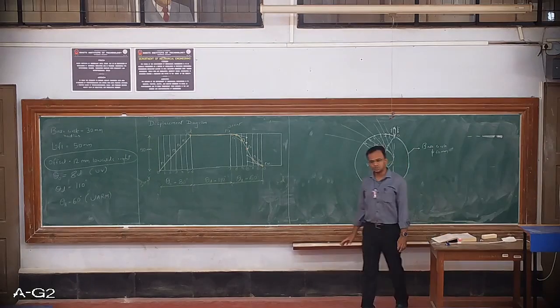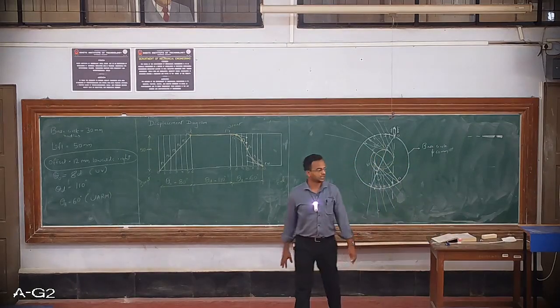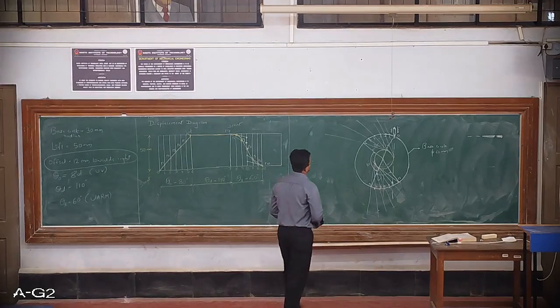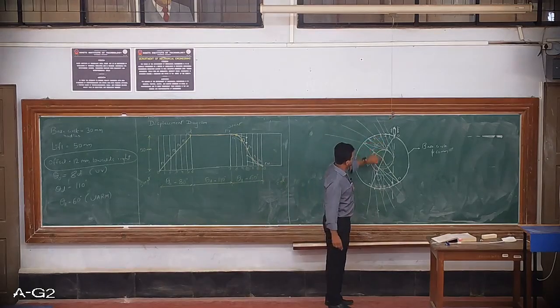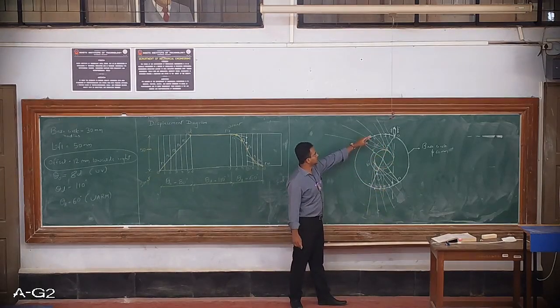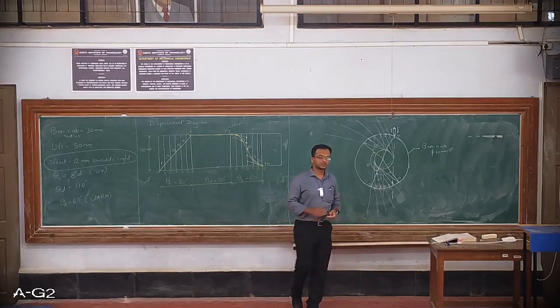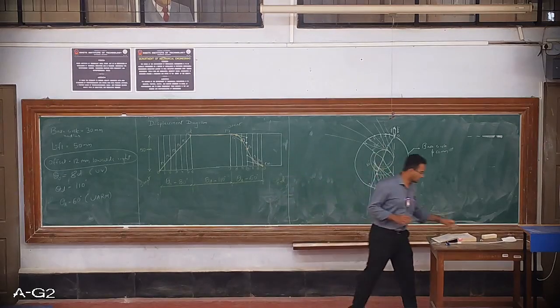So these are the only changes with respect to the offset and inline. Do not draw the radial lines to the center of the base circle. Draw the radial lines to the tangent of this smaller circle that you have drawn, both for the return stroke as well as for the right stroke. So once these lines are drawn, the next procedure will be same as what we have done in the previous